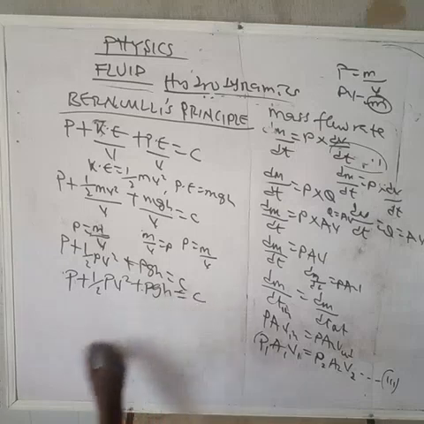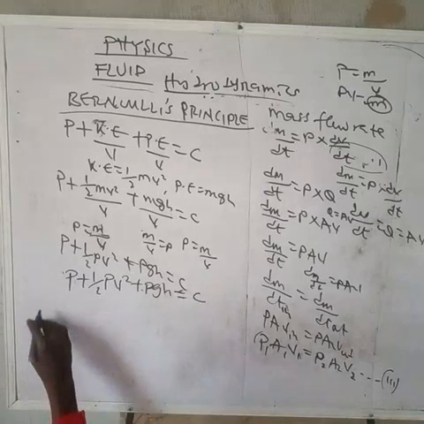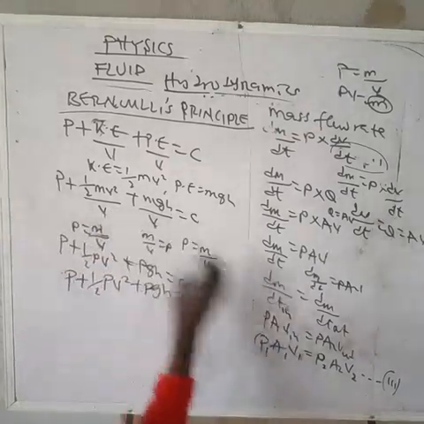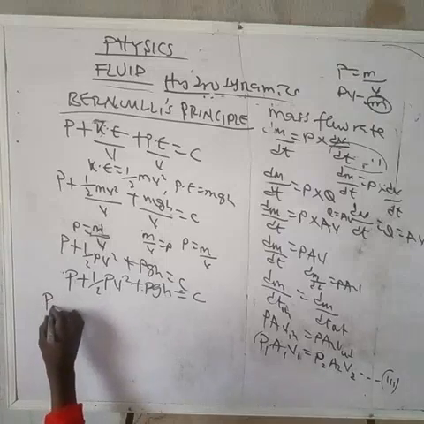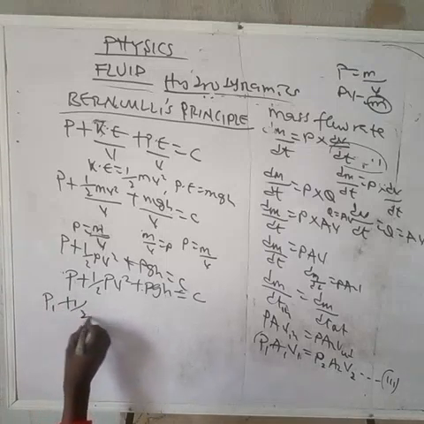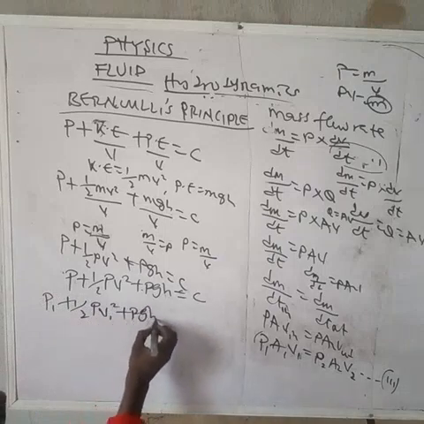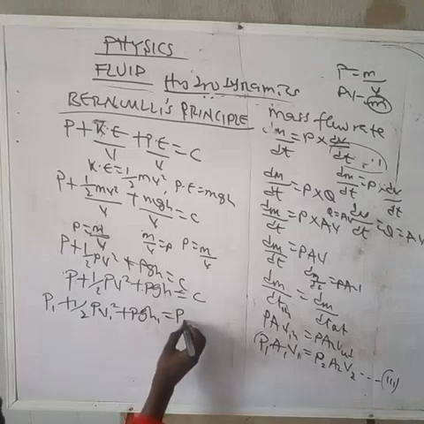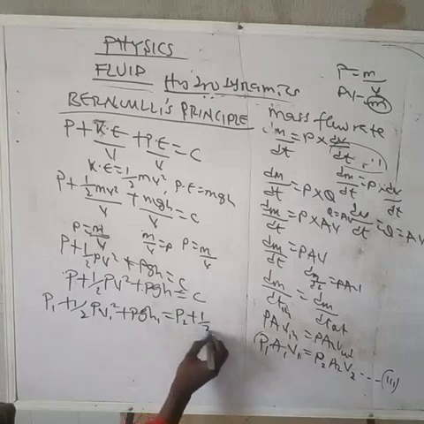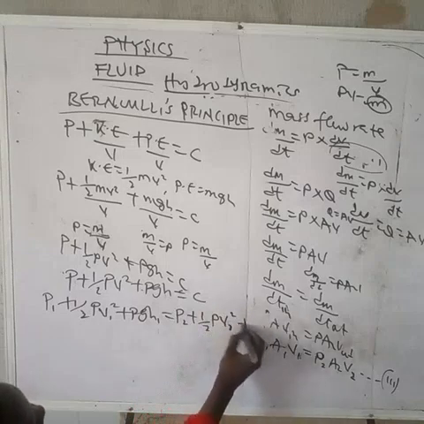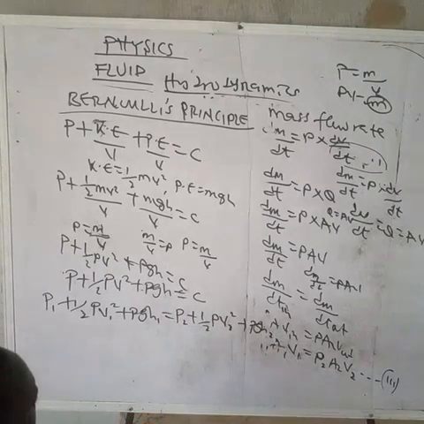If it's in terms of two different forms, like we did for the continuity equation, volume flow rate and mass flow rate, what's going to happen? You have P1 plus 1 over 2 rho v1 squared plus rho gh1 is equal to P2 plus 1 over 2 rho v2 squared plus rho gh2. That is the final